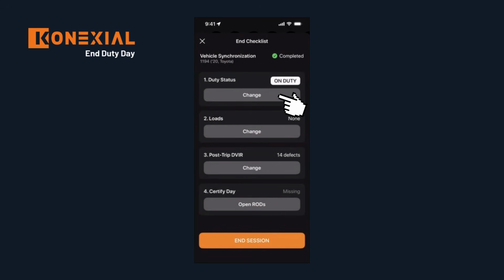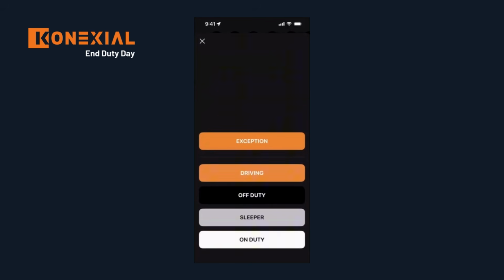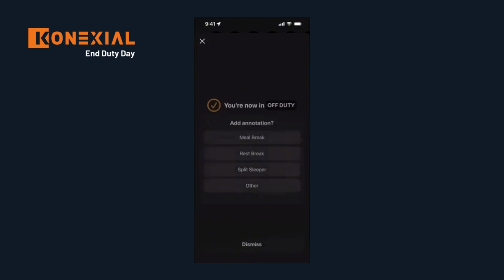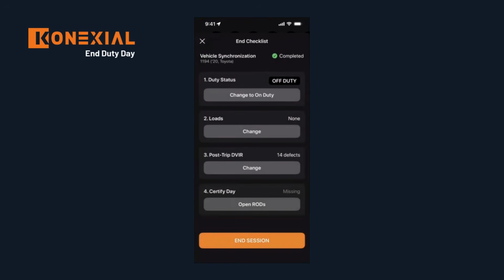My last steps will be to change my duty status. From here, I can put myself into sleeper, or I can go into that off-duty status. You will need to add an annotation to be added to your logs. By selecting rest break, I am now in off duty, and depending on my structure, I will also want to